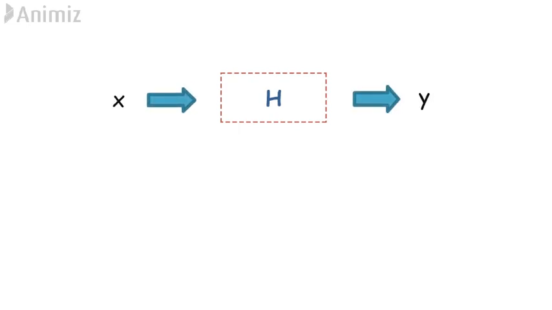In this video, I will show you how the hash algorithm works. First of all, let us see what is the hash function. A hash function is any function that can be used to map data of arbitrary size to a fixed size value. Here the hash function h takes the input x of arbitrary size and generates the output y of fixed length. The values returned by the hash function are called hash values, hash codes, digests, or simply hashes.